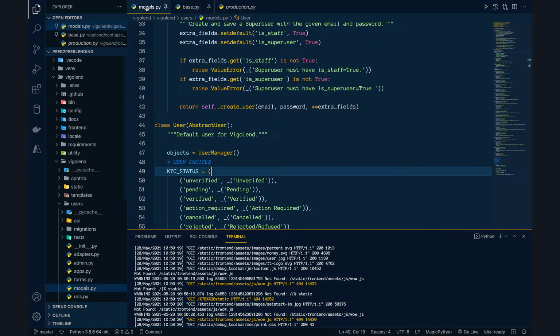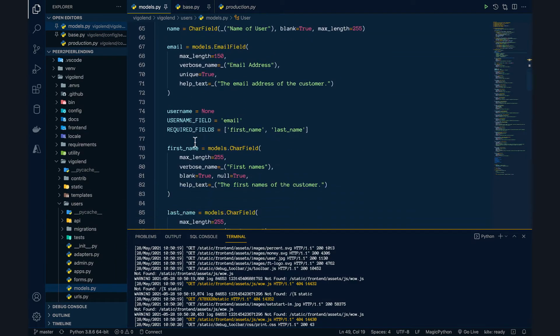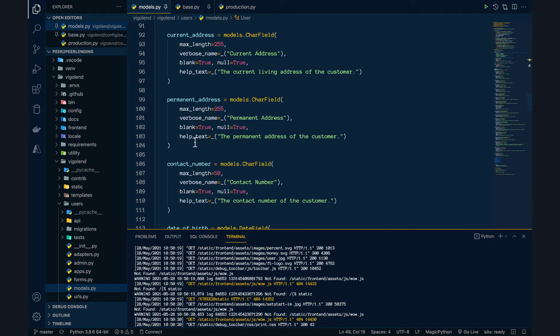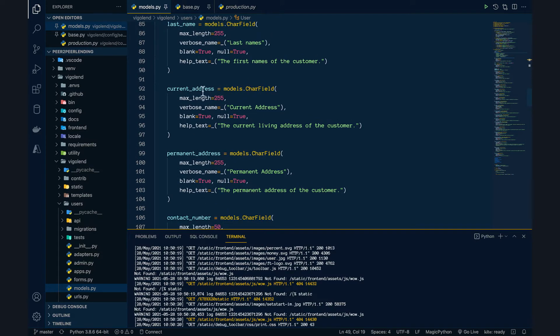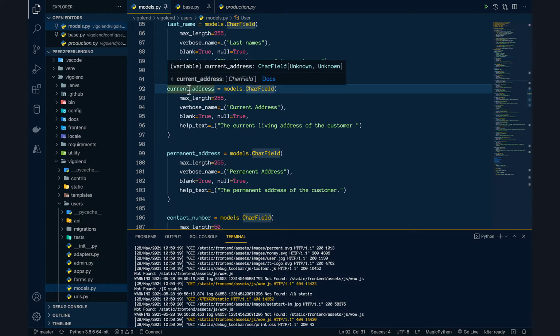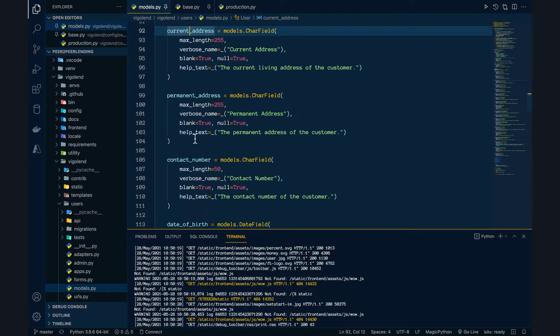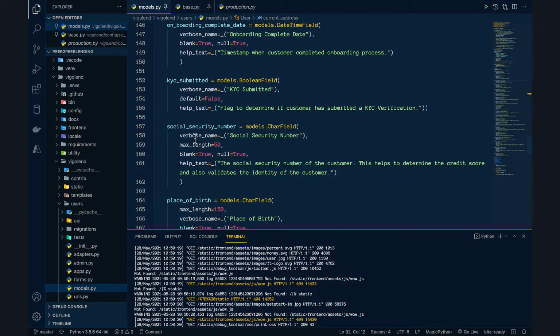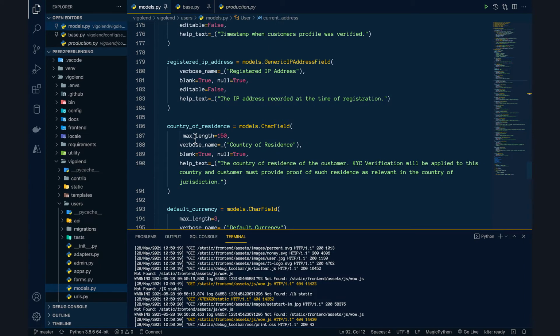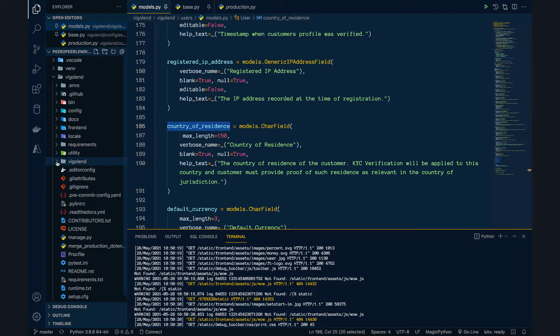Let's go back to our user model. Now this is the user model we have over here. Now the current address is a character field, likewise the permanent address. But let's see if we have the country of residence, which is also a character field. And for this reason, I would prefer the country to be the list of countries, a foreign key of type country. So let's create